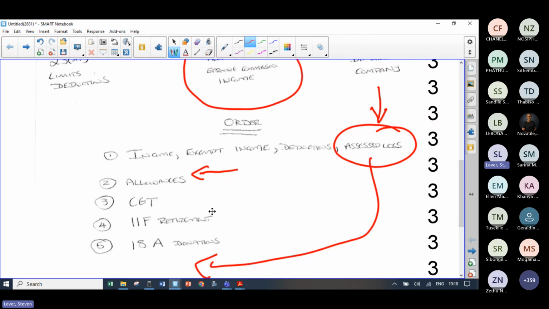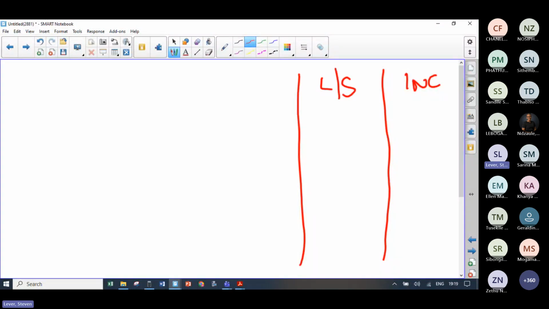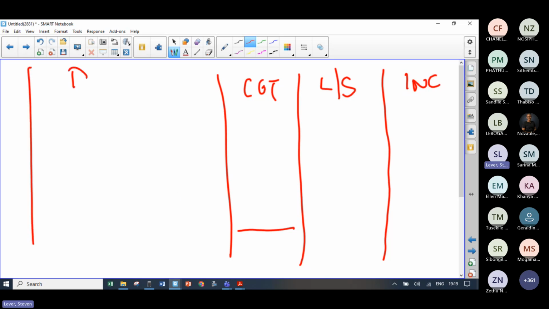The other thing that I just want to say, and it's not inside here, guys, is that when you're doing an individual's question, I would set it up like this. Have an income or expenses column, have a lump sum column. I like to have a CGT column because I think you're going to just do all your CGT calcs immediately, but you need to add it up in the right place. And then you can have your details over here. So this is the way I would set out a question. We will see the board solution and we'll see how they set it out as well.